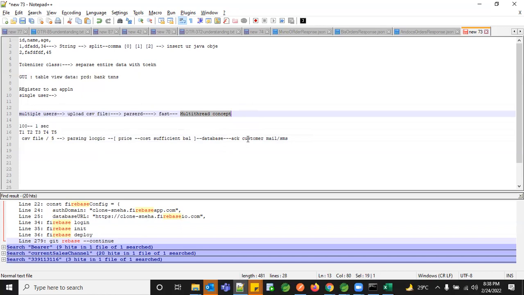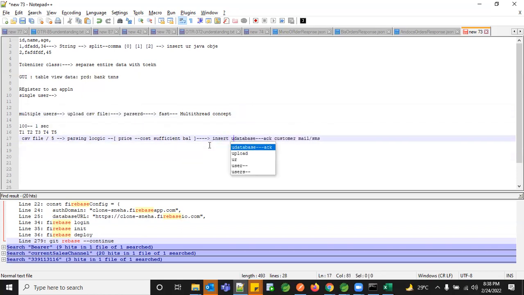Okay. So where you have your Runnable interface, you use your run method and you call your parser logic from there, and then you implement the entire orchestration within that piece of code, and then you acknowledge parallelly to the front end that your data is being taken care of, and then you finally insert into the database. Sometimes there might be an issue in our database. So after parsing, when we are trying to insert into the DB, what happens?